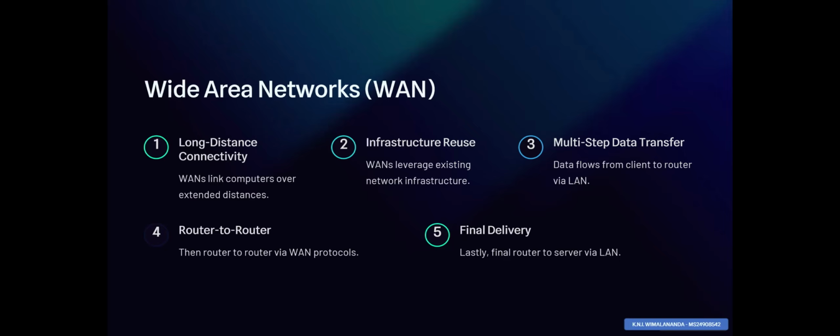Data transmission across a WAN involves multiple stages of encapsulation and de-encapsulation as packets move between different network types. This process starts with the client connecting to a local router via LAN protocols, and router-to-router communication using various WAN protocols,